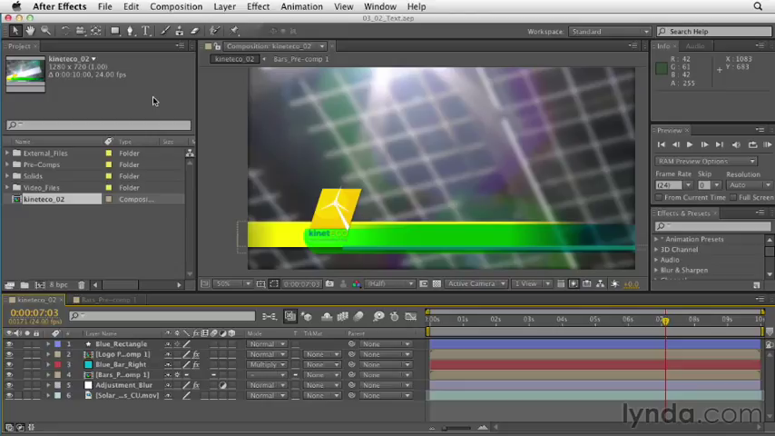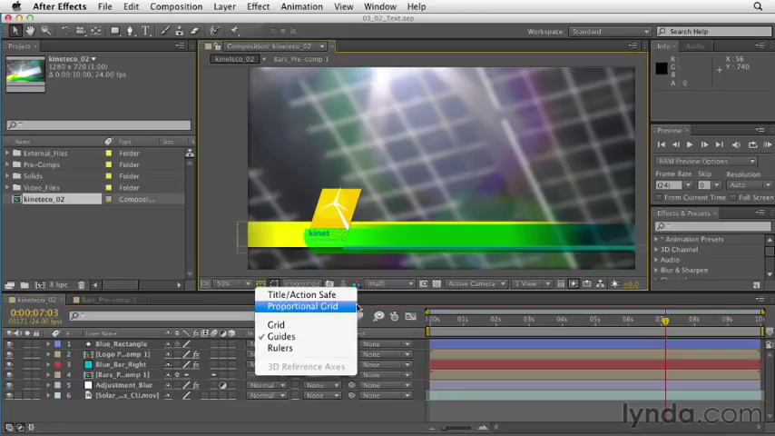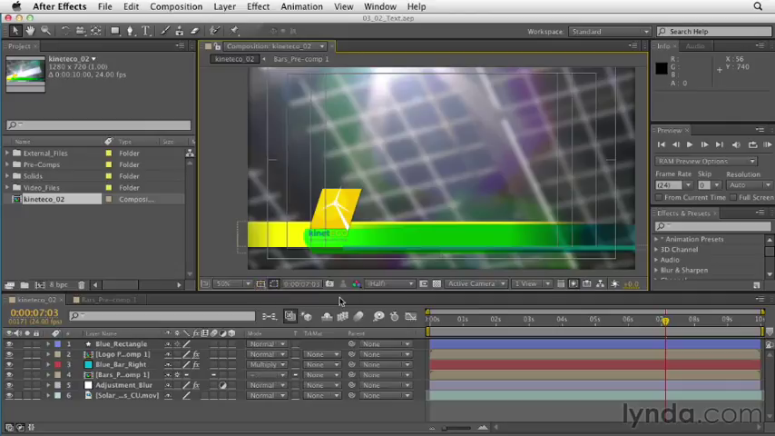Now, the first time you ever add text to a composition, I want you to pay attention to one thing. It's down here in the comp viewer on the left-hand side next to your magnification pull-down. If you click on that button, notice there's an option for title and action safe. Go ahead and select that. And these lines that pop up are guides. Basically, any important graphics should be inside this first large rectangle, and any text should be inside of the